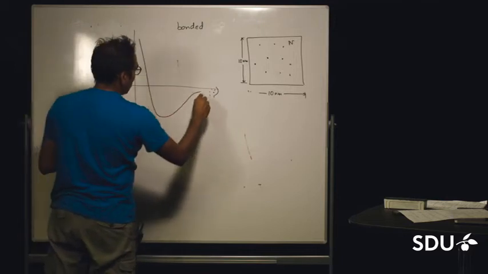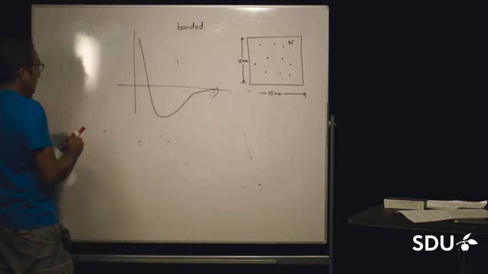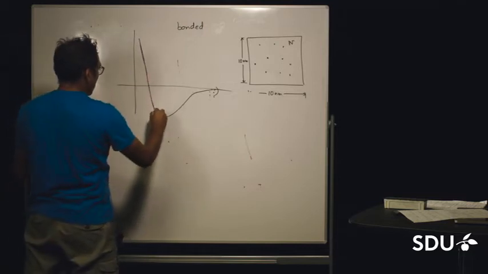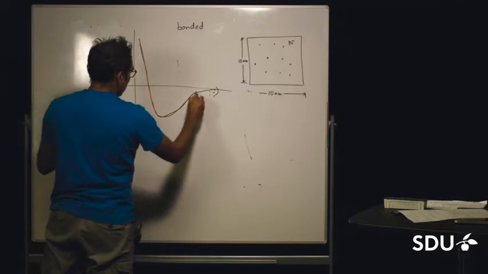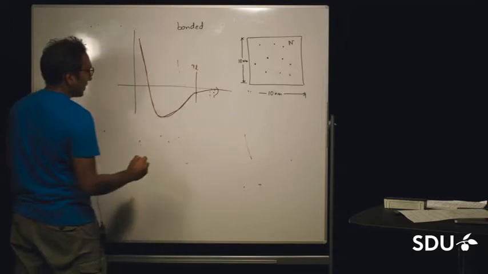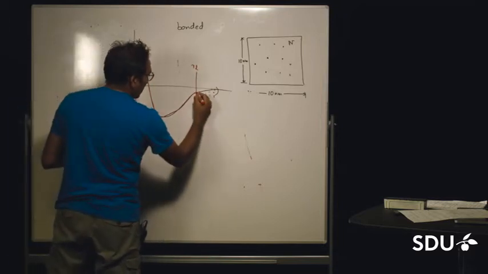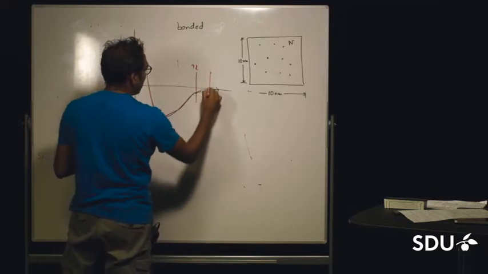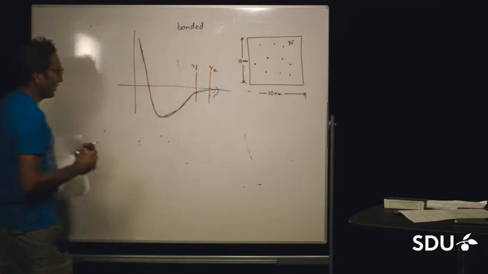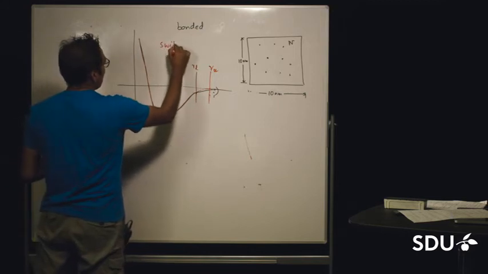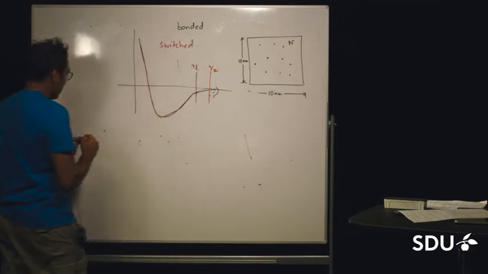This is the original Lennard-Jones potential, and my modified potential will look exactly like this original potential up to, let's say, this value, and we'll call this R lower. After R lower it will be smoothly switched off to 0 over this distance, and we can call this value R upper. This sort of function is called a switched van der Waals potential.